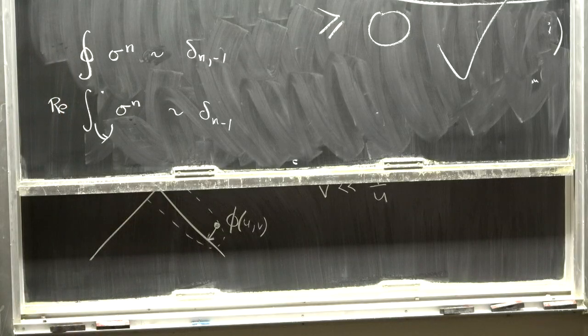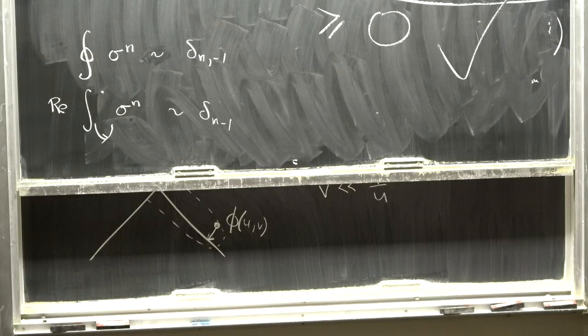Could there be more poles in the other half plane that you also pick up? Okay, so the question is, could there be stuff going on in the upper half plane? No. The answer is that it's actually also analytic in the upper half plane, and it's really only along the axis that you have to worry about this. That's a little subtle because we have to say how we got the half plane, et cetera, but it works out in such a way that both terms here are analytic.